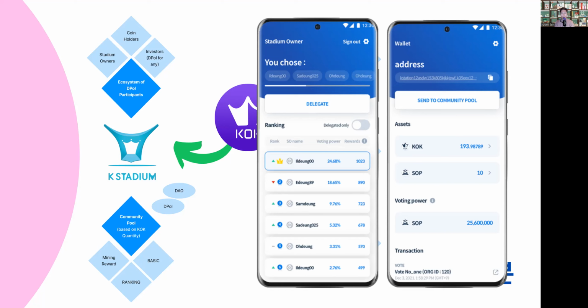You can delegate your KOK right now to the DA node, as I am here speaking for you, of course. But you can also think about what happens when I delegate into a different node, or I partially delegate into different places, and later I want to change my mind? Well, you will notice in the app, there's an undelegate button, which is currently not activated, but at one point of the beta stage, this will be available to press, which means, in my logical guess, you'll be able to undelegate your stake or your investment value in that SO and redelegate it to somebody else.